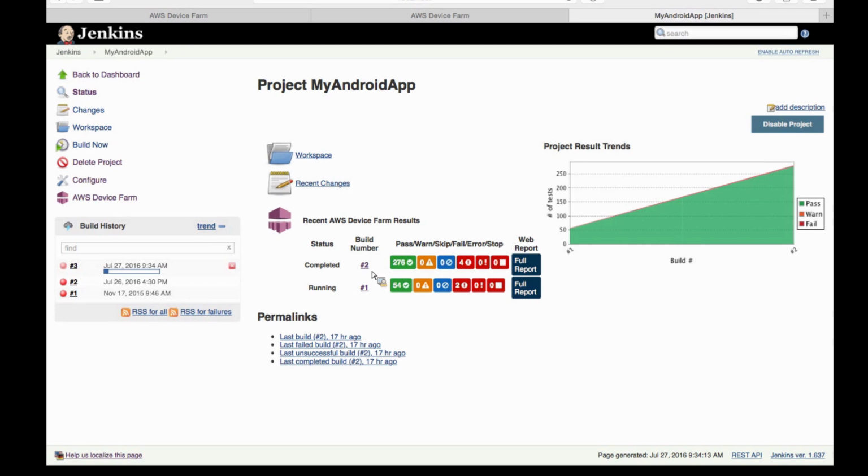We can see pass-fail results just like we could in the console. We also have a link to the full report, which brings you to the Device Farm dashboard and the report interface for analyzing results. We can also see overall pass-fail trends from build to build to build, so you can identify that there are issues or not issues